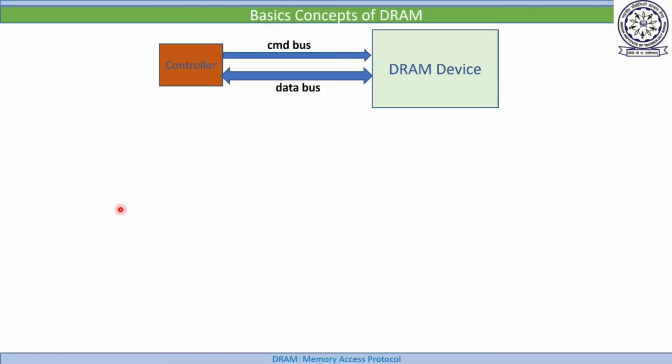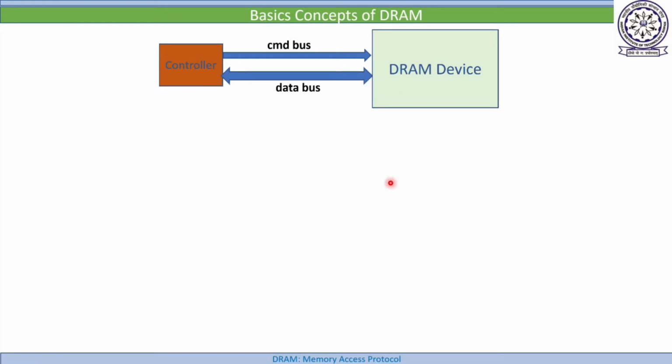The mistake is that you should know the time duration required for the robot. Once you give the command to move forward from this point, you should know how much time it needs to reach point 2. You should wait up to this point, and only then can you give the second command to move backward. The same thing is true for the DRAM controller also. Once the DRAM controller has given a command, it should know how much time it should wait before giving another command, so that there is no inconsistency.